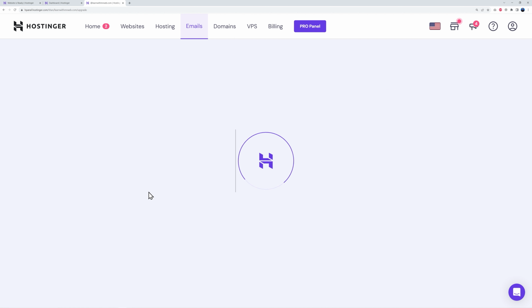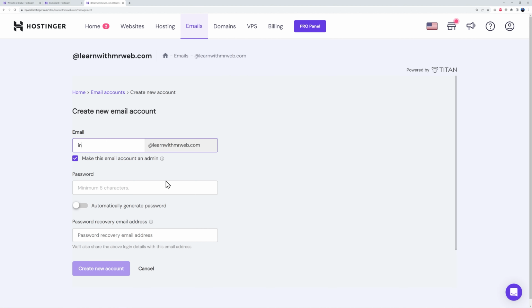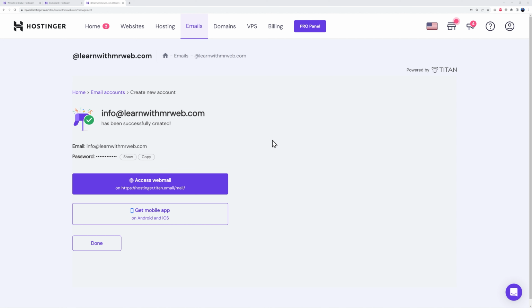So I'll click select. So let's create our email address, so maybe info@. You're going to enter your password and then a recovery email just in case. I'm just going to put hello@mrweb.tv, okay? And now we're going to create our new account. And there you go. As you can see, we have a new email address now and you can access it